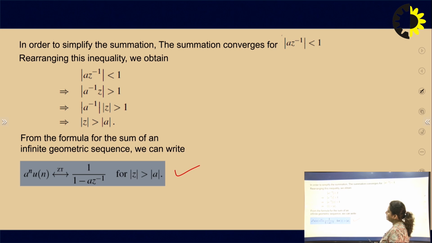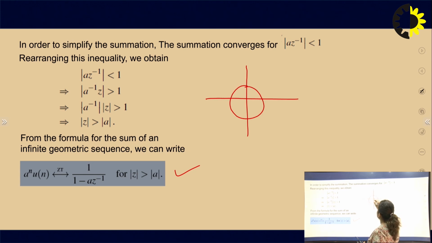How to find the ROC, or the region of convergence, for the z transform? For this, what we have to do, because the region of convergence of the z transform is basically compared with the unit circle. So here the region of convergence in the z domain is the unit circle, that is, of radius 1. By taking this circle as a reference, this is real of z and this is imaginary of z, we draw our next circle based on the region of